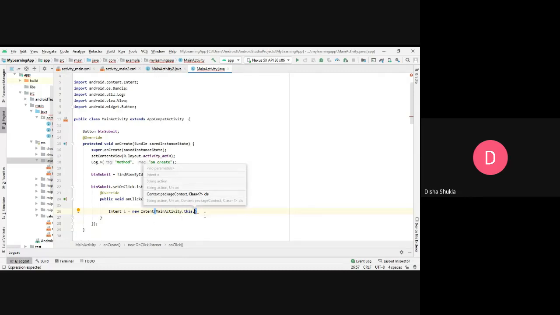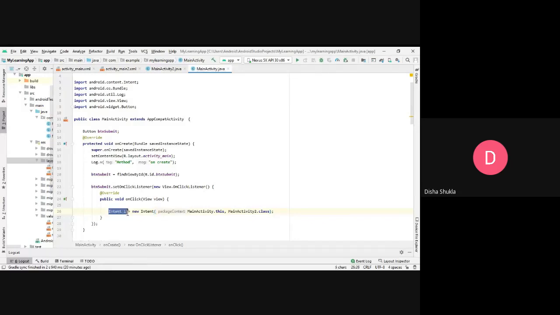So after the first parameter and the comma, I'll be writing the name of the another activity, that is main activity 2 and dot class. Why dot class? Because the activity has not yet been compiled, so I will not be getting the code for it. Right now it would be in the class format. So I'll be writing just dot class file over here, and I will simply put a semicolon.